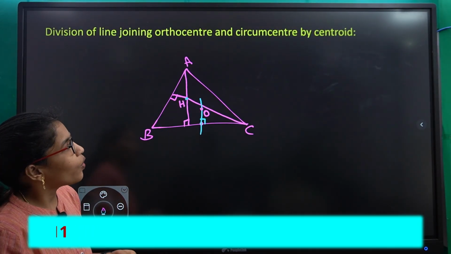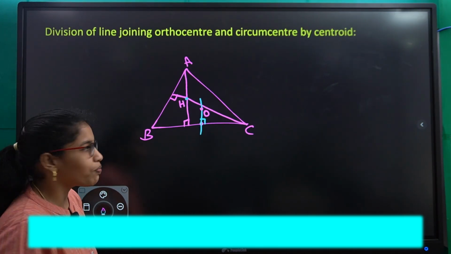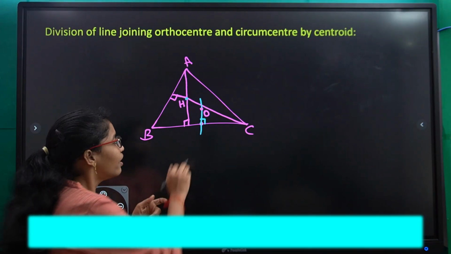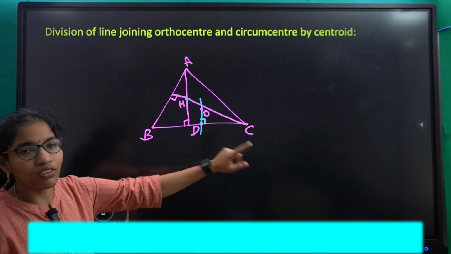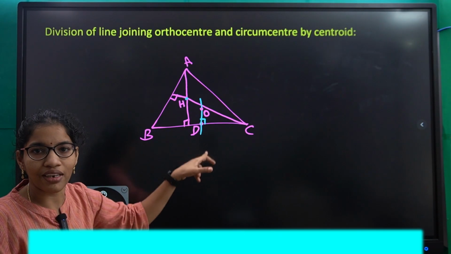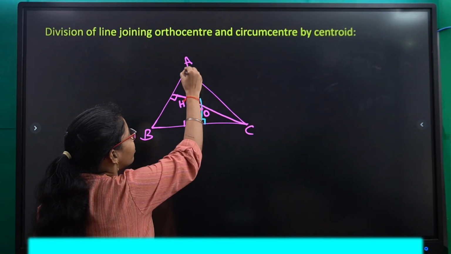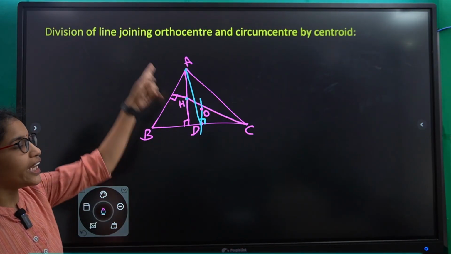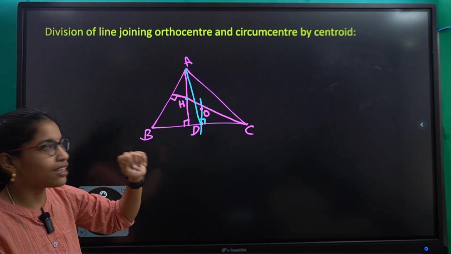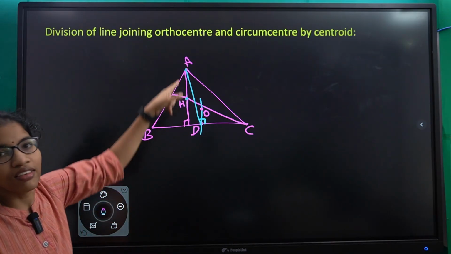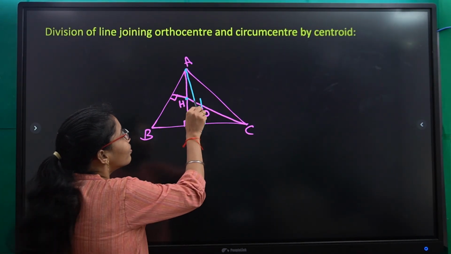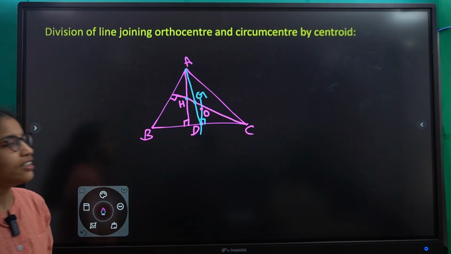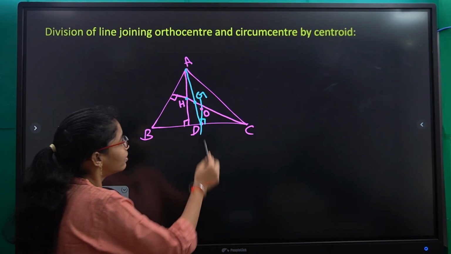Okay. So now what about the centroid? Centroid is nothing but point of concurrence of the medians. Median means it should divide this into two equal halves. I have taken this one as BD. So BD equals to DC already because it is a perpendicular bisector. So from this D if you join A, this is the median. So AD is the median and OD is the perpendicular bisector, and this AH is the altitude. Now this point you can call it as a centroid Z here. Clear? Right.